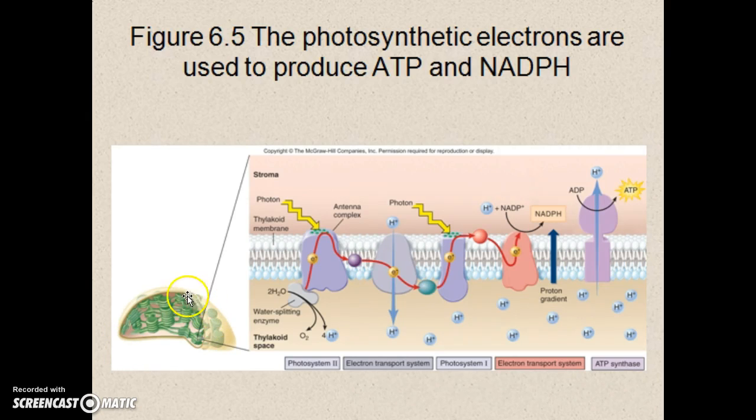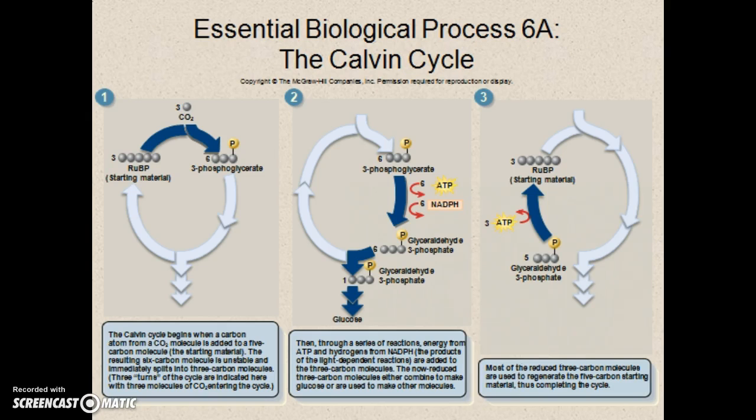So recapping, here is our chloroplast with the thylakoid stacks of grana, and that excited photon coming in and releasing that electron from this water splitting enzyme, and that excited electron being moved through this electron transport chain, or ETC, forming ATP and NADPH. And now we are ready to send these molecules to the light independent reactions, or what's called the Calvin cycle. Alright, so now that we are at the Calvin cycle, we bring in that ATP and that NADPH from the light dependent reactions, and we use those as well as ATP and carbon dioxide to actually make a sugar called glucose, or